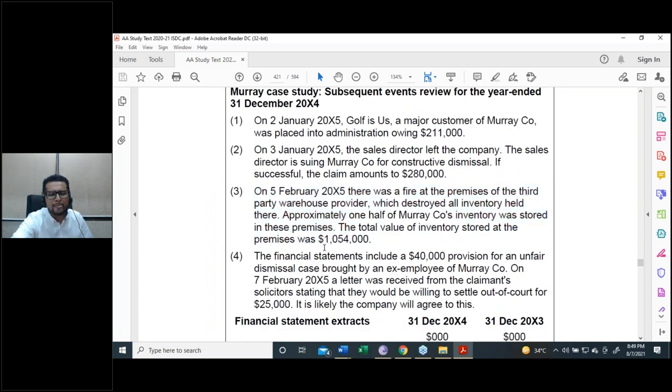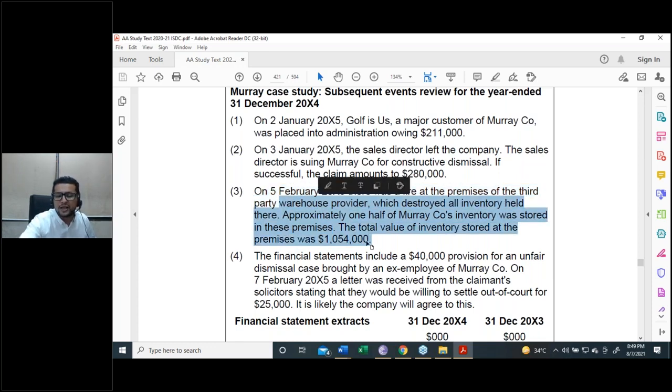Let's solve part 3. On 5th February 2015, there was a fire at the premises of the third-party warehouse provider, which destroyed all inventory held there. Approximately 1/2 of the M company's inventory was stored in these premises. Now what? First of all, you will briefly explain the scenario from the question. Then you will apply the IAS 10 and conclude whether it is adjusting or non-adjusting. You have to say the conditions did not exist, so you have to come up with proper wording. So it's non-adjusting. Considering it is non-adjusting but material, I'm assuming it is material, you would say that the client does not need to recognize it, but the client needs to have